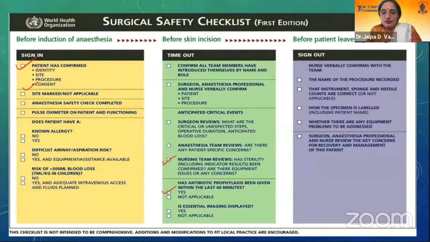Regarding the surgical safety checklist, this is a WHO initiative in order to increase the safety of patients who are undergoing surgery. The checklist identifies 3 phases of an operation. One is sign-in, that is before the induction of anesthesia; time-out, before the incision of skin, or in our case, corneal or scleral incision; and sign-out, before the patient leaves the operating room. Now we can modify this checklist as per our need.